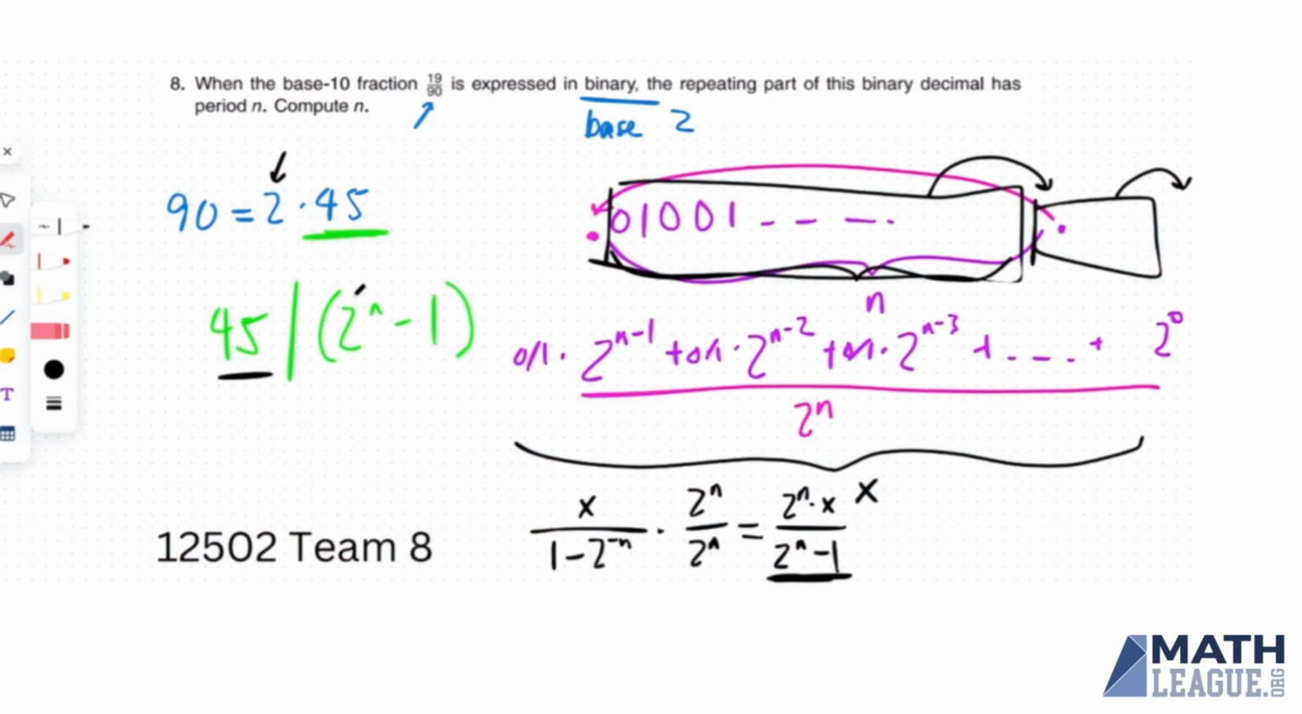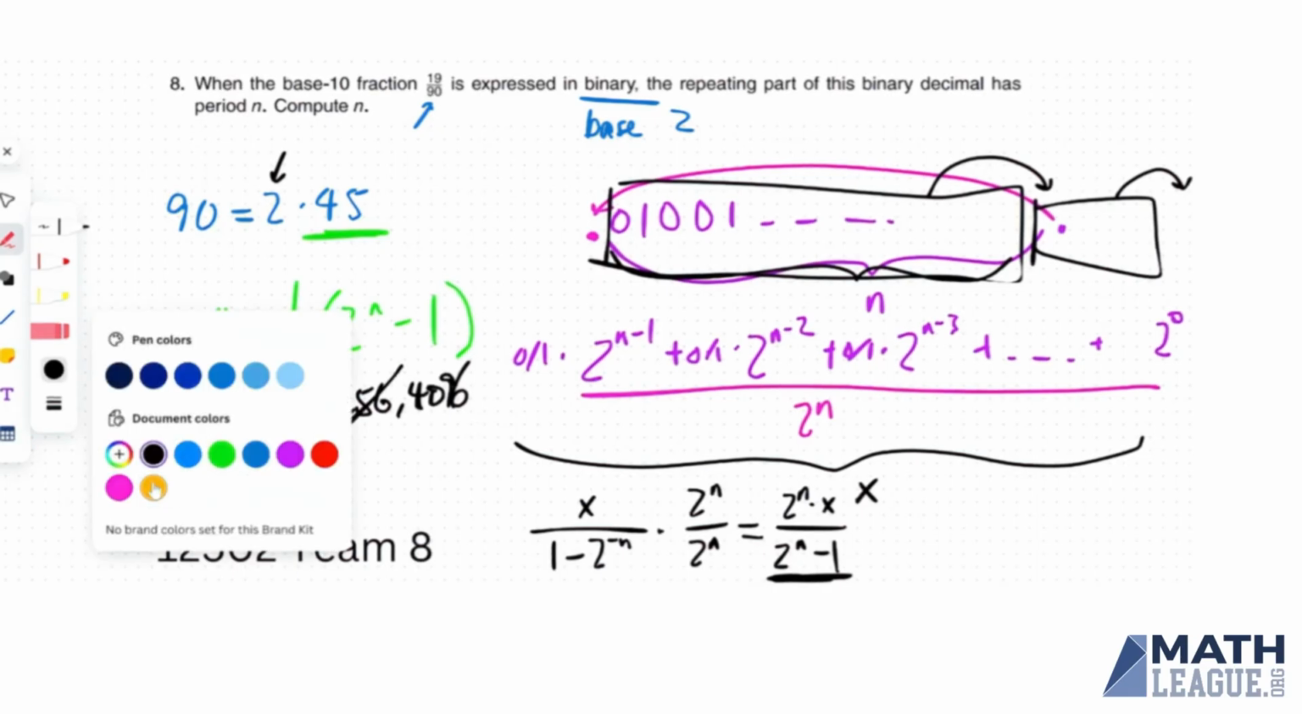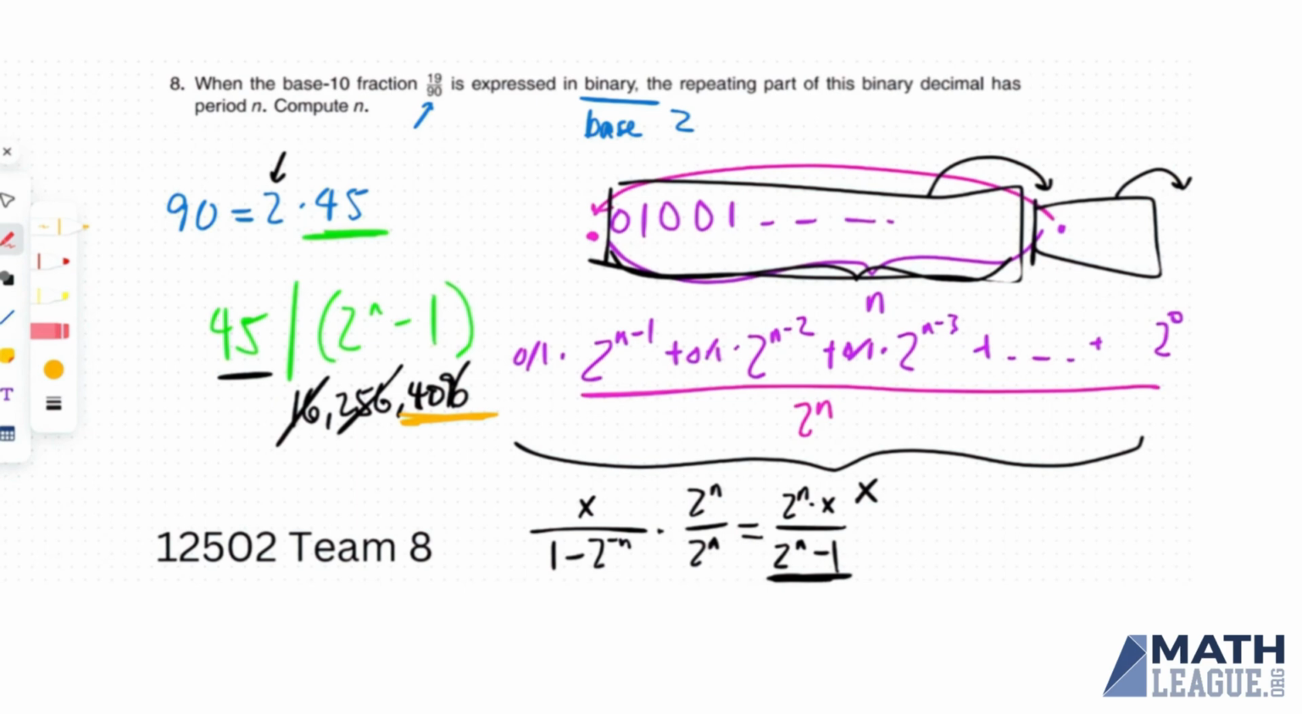So if we check the powers of 2, this is actually not that difficult, because if 45 has to be a divisor of 2 to the n minus 1, then that means 2 to the n minus 1 has to have a units digit of 0 or 5. 2 to the n is even, so 2 to the n minus 1 has to have an odd units digit. Therefore, 2 to the n minus 1 must end in 5, so 2 to the n must end in 6. Well, the first three values of 2 to the n that end in 6 are 16, 256, and 4096. It's easy to check that 16 and 256 do not work, but 4096 does,